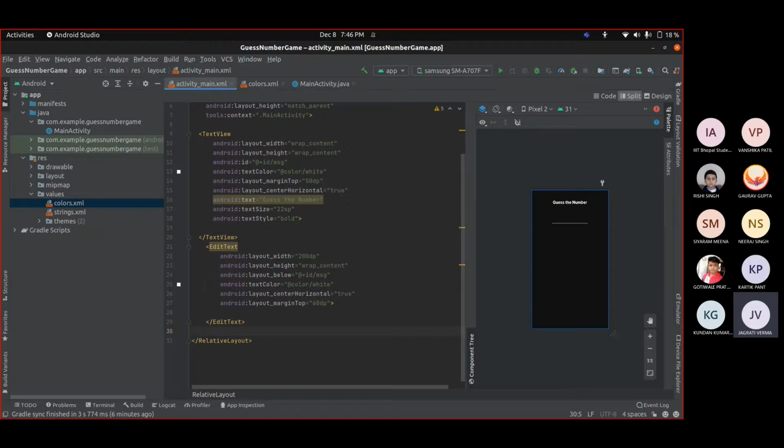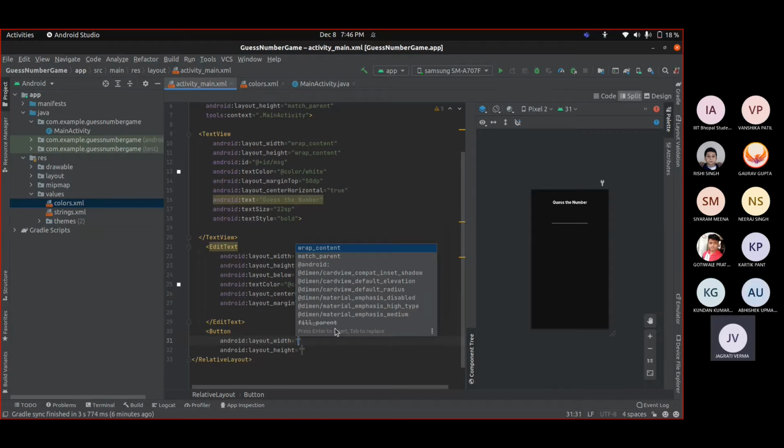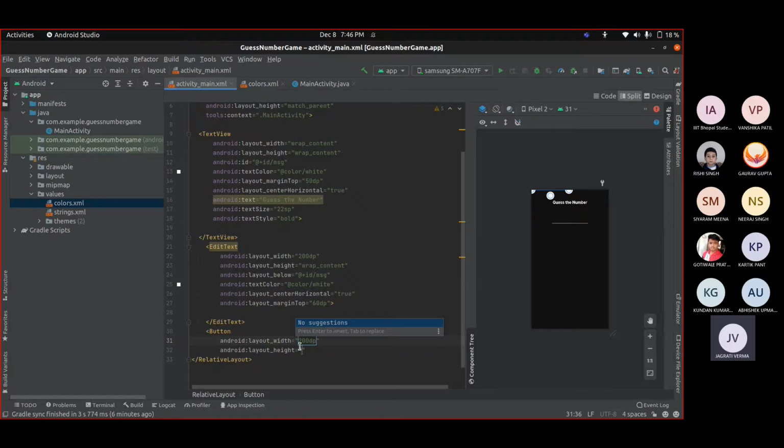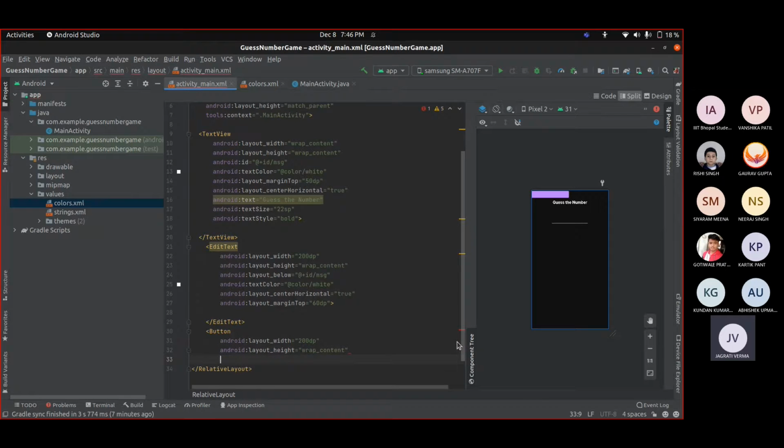After that the thing that's left is our button, so let us type here button. Now let us set its width the same as the EditText, 200 dp, and its height as wrap content, like as much height as it would need. And after that type here layout below, so it's relative, so we are going to relate the elements to each other.